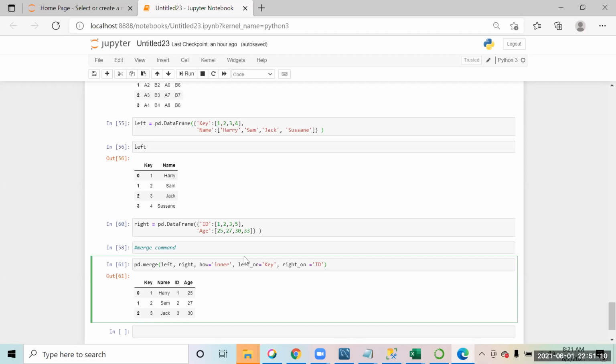Can we have a condition like, for example, in the second table, if ID is missing for one of them, and we need the age? Can we apply a condition that says join on equal to ID, but if it is null or zero, then check for the name? For joining? No, we can't, because name is not there in the right table. Okay. The join rule does not apply a condition like this, that if it doesn't find this, then patch it on that. You will actually have to write two different queries in that case and then apply a union on that.